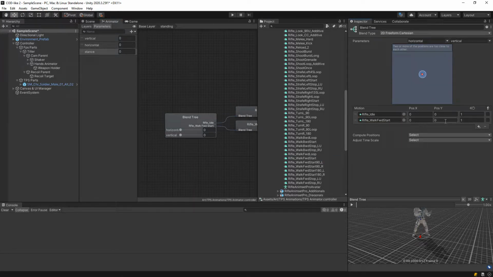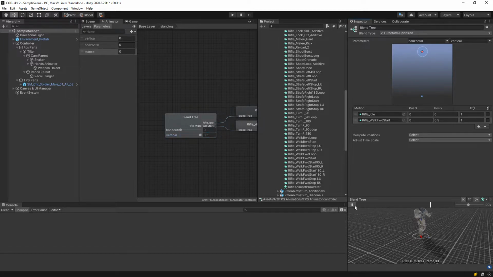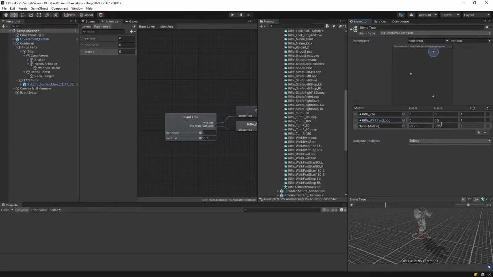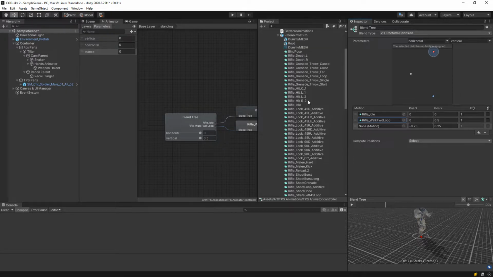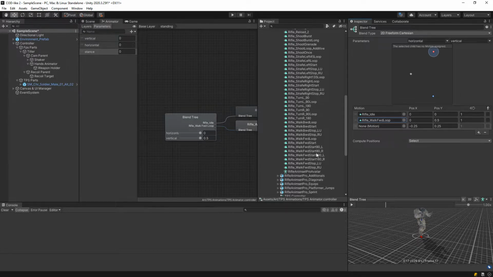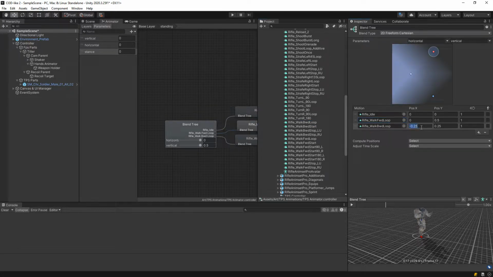Walk forward start, and that will be 0.5, and let's raise this to 0.5. See, does it work? Yeah, okay, we are correct. This is the start. We want the loop. Then let's do the backwards. Walk backwards loop. Okay, so -0.5,